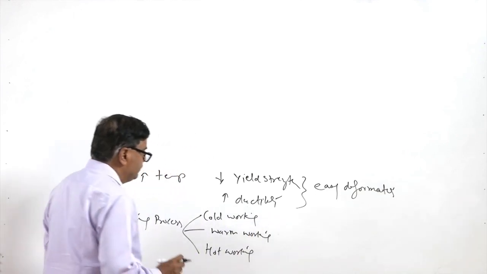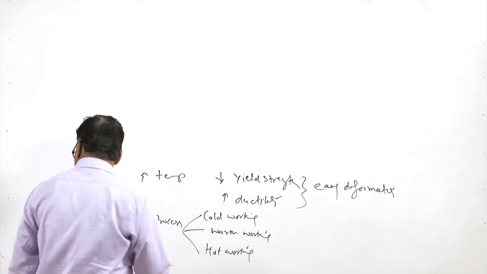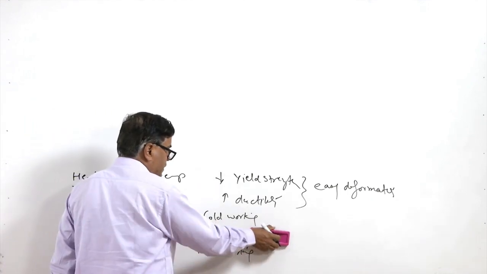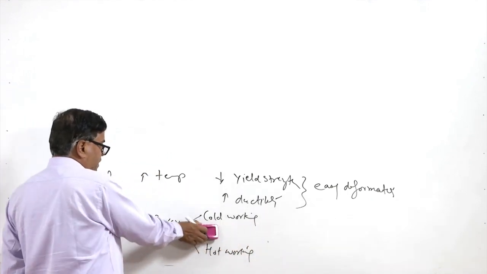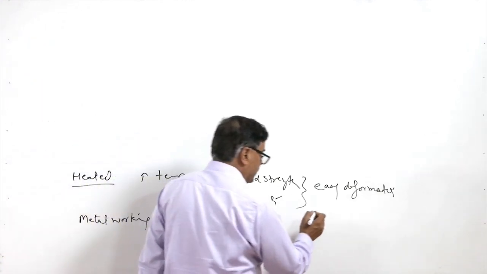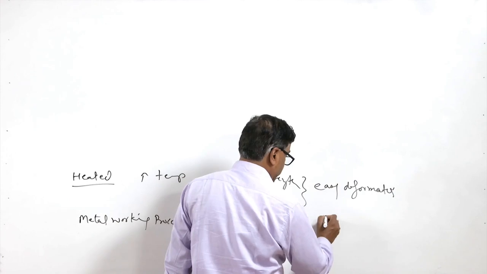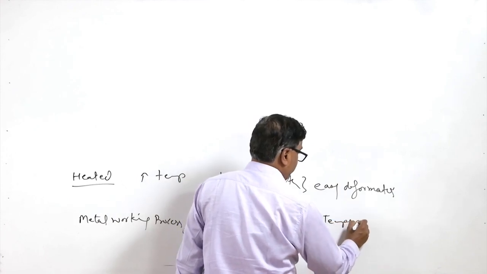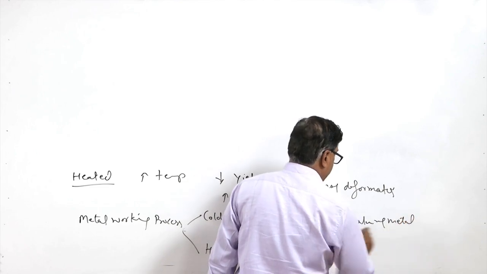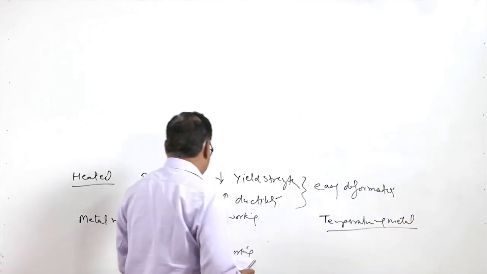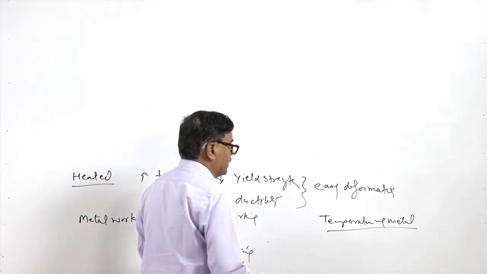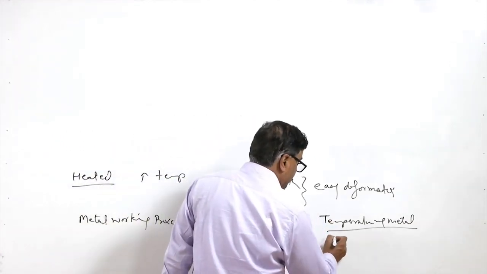So, basically there are two big groups, one is hot working and another is cold working, and this distinction is based on the temperature at which the deformation is carried out. So, the temperature of the metal at which the deformation is carried out results in the distinction between the hot and the cold working, and this distinction is based on the